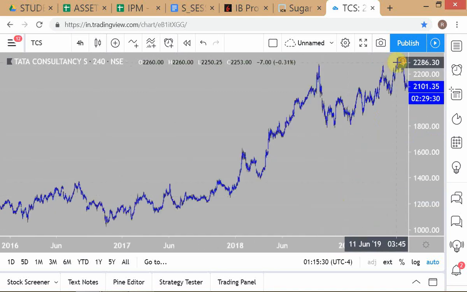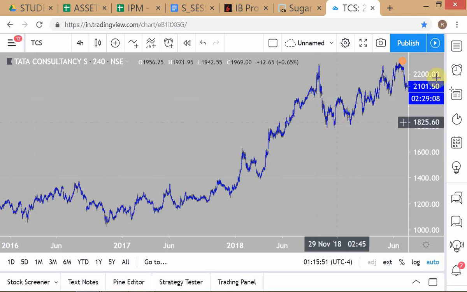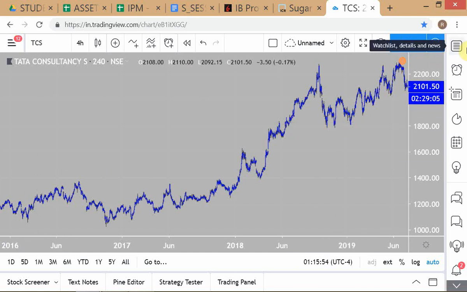My view is that it's going above 2,300, much higher than this. It's going to keep on making new highs. Remember, the moment you see me buying, see, there are only two types of trends, uptrend and downtrend. If we ignore the consolidations, if you zoom out and see the long term, there will always be either an uptrend or downtrend. Here there's clearly an uptrend, and if I bought, what does it mean? Do I think the uptrend is over, or not over? It's not over. That's why I'm buying, because I'm a rational person. I want to make money. So you can assume that I'm a rational person. That's a safe assumption.